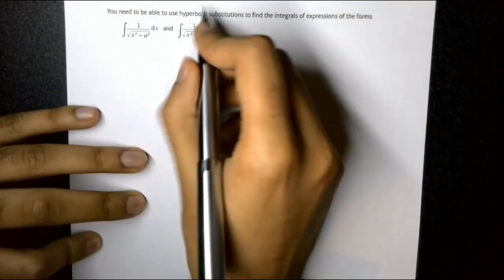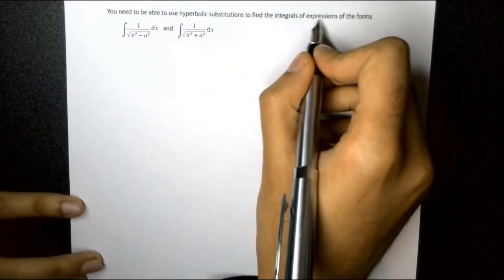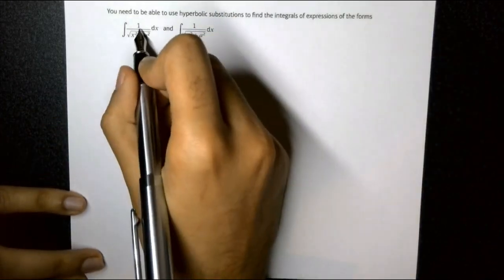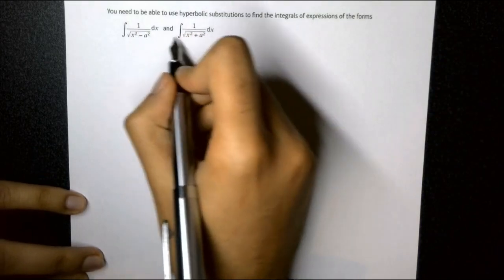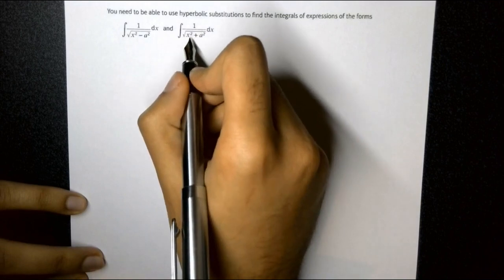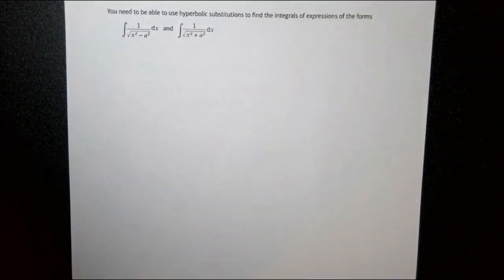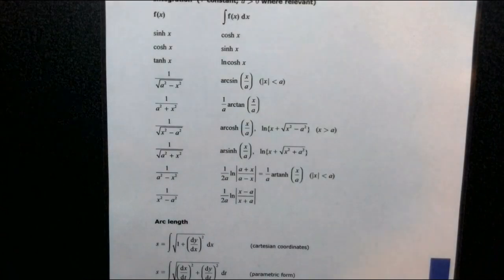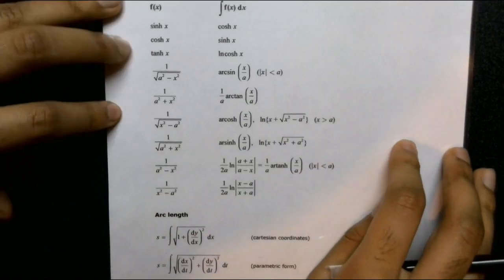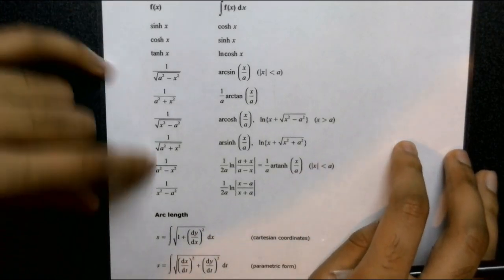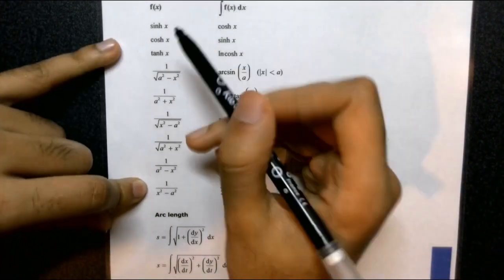You need to be able to use hyperbolic substitutions to find the integrals of expressions of the form 1 over the square root of x squared minus a squared and 1 over the square root of x squared plus a squared. Now, if you take a look in the formula book, we've got these various different integrals which we need to work out. Now, in the exam,